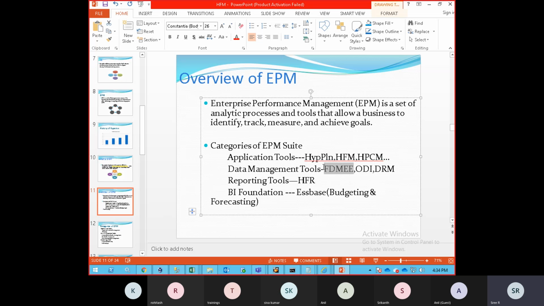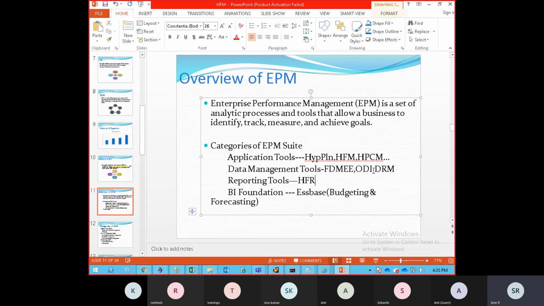Okay, so this is called an ETL tool, which is used to pull the source data in and push it into HFM. This is not only for HFM, you can load data for Hyperion planning, Essbase, all of them. But mostly we call it HFM and FDMEE is one package because this is a dedicated integration tool for HFM. And profitability cost management. What is the meaning of profitability cost management? In the sense how much cost you invested, how much profit you got. If you want to know that kind of business, you can purchase this HPCM. So this is mostly used for hospital business, guys. Middle East companies use HPCM more.